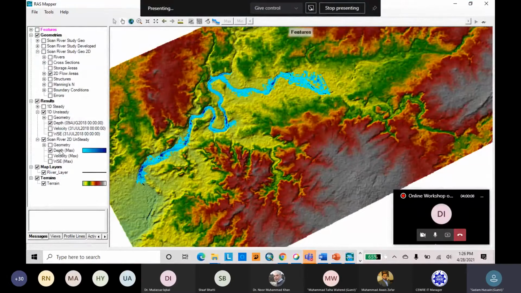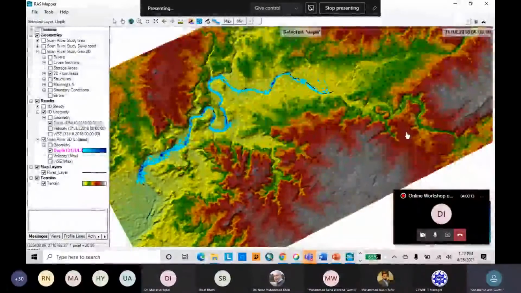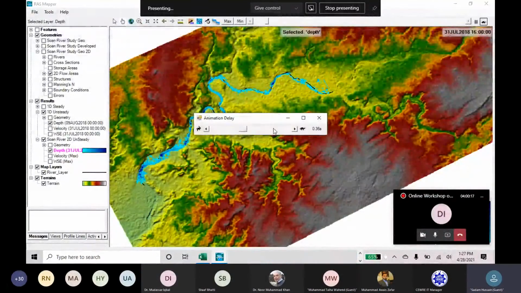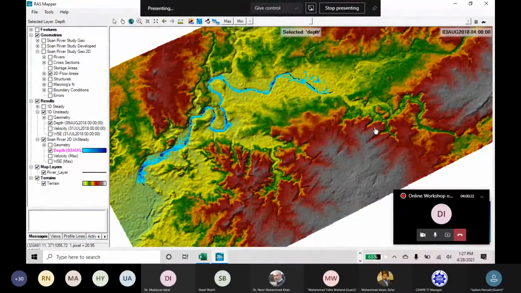Okay. Let me start the animation. Because we have just one value which is highest in the flow hydrograph, we have not created such a more appealing animation here.